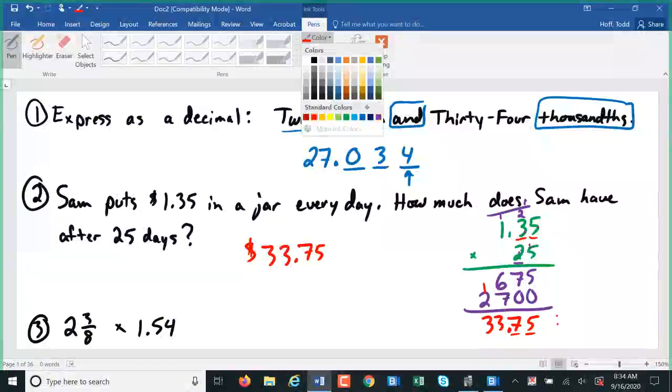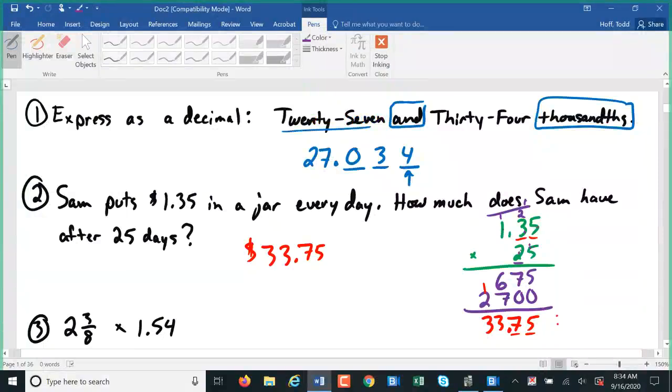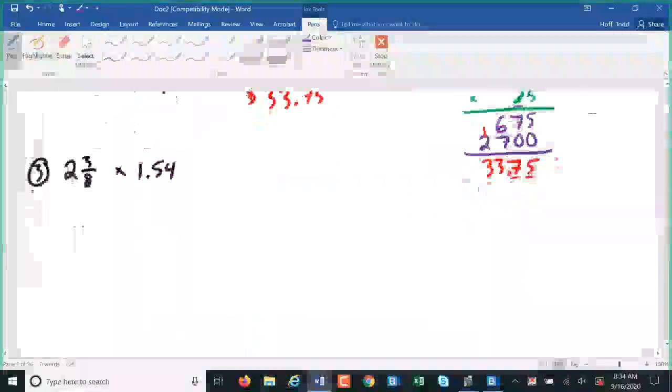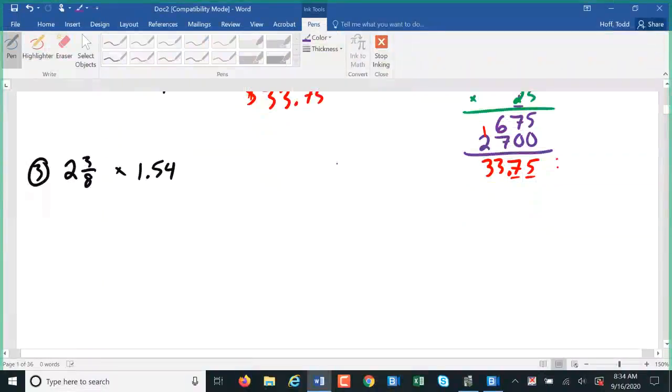This next one I put up here because, well, it happens in life, and we haven't really done anything like it. Multiplying a fraction by a decimal. To do that, we have two choices. We can either convert all the decimals to fractions, where if they convert easily, that's not a bad option. 1.54 does not convert nicely to a fraction, or we can convert all the fractions to decimals. And in this case, that's probably the best option, to start with that 2 3/8 and convert it to a decimal. To do that,